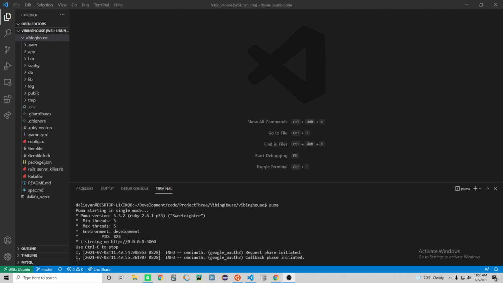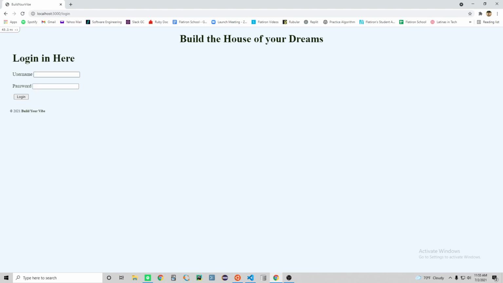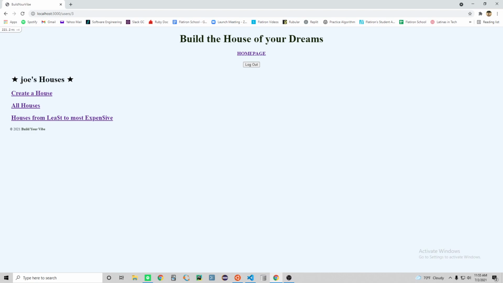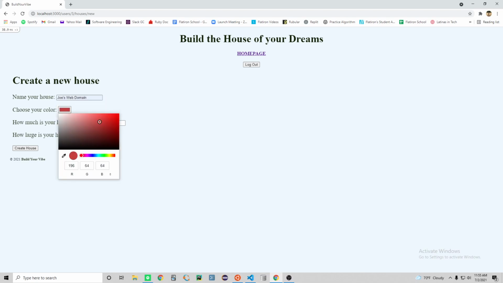Here in my application, I ran Puma to start my server, and I will open that up right here. So this is my welcome page, and we can sign in right here. Joe's signing in to make his account, or to log into his account, and he can create a house. So we can name this Joe's web domain with the color of his house, his favorite color with normal value,